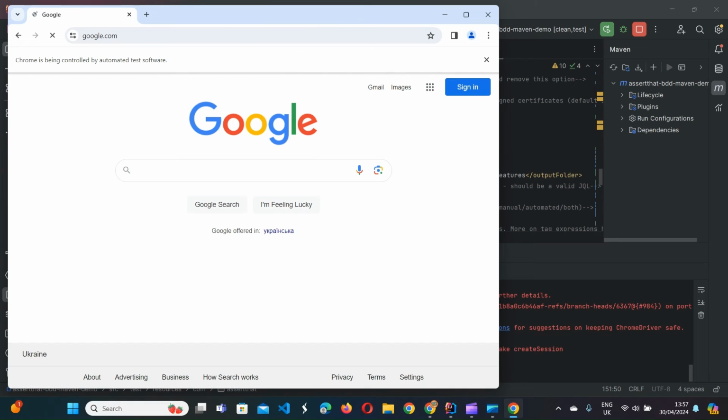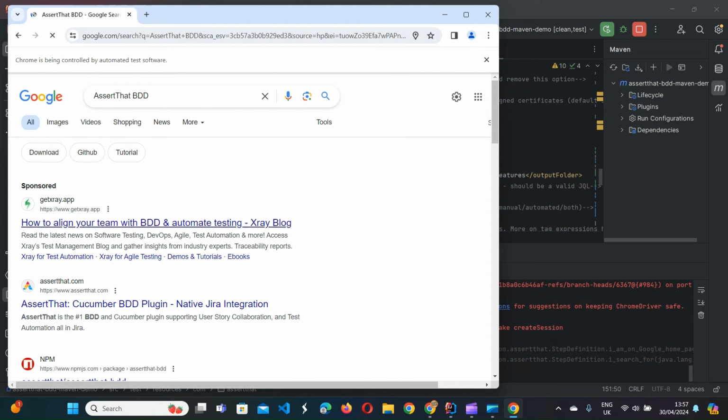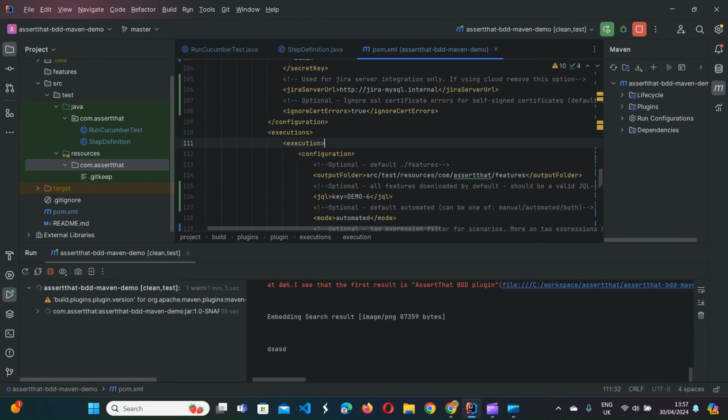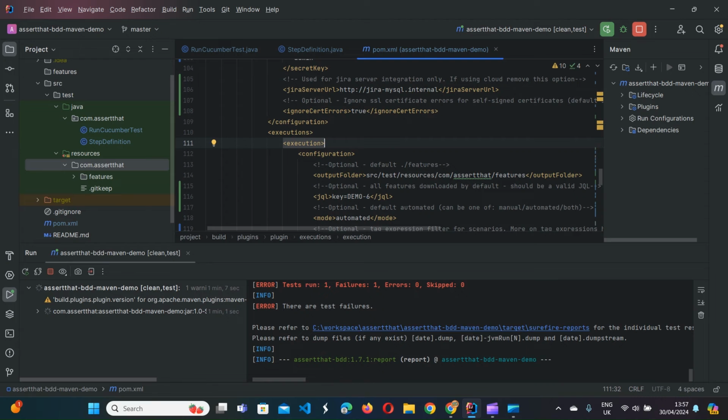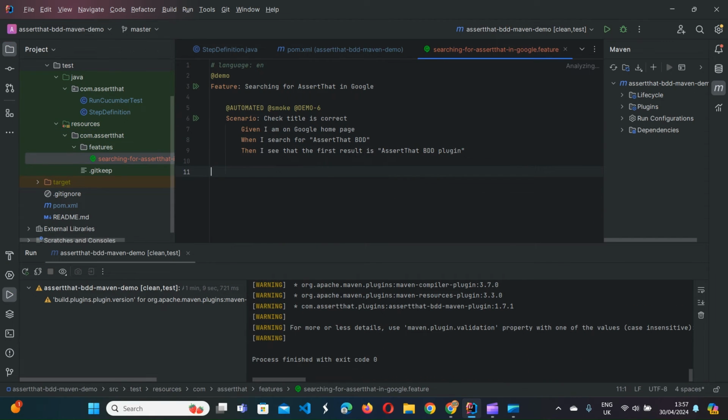And what we see here, we just go to Google, search for that BDD, and we check that the title is correct. Yeah, here you go. So the features folder was created, and the feature which we created in the plugin was downloaded here, then picked up by the test run, executed, and the test results uploaded back to the plugin.